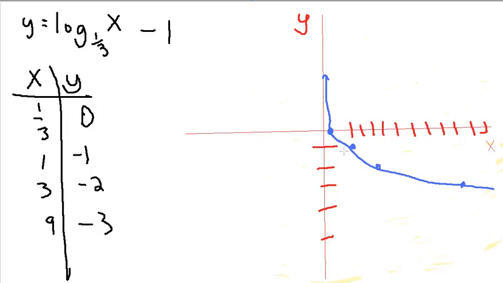Your range is how low will it go and how high will it go. Well, this will go down. Notice the graph goes down here and it goes on forever. So it'll continue going forever. And going up, it'll continue going up forever. So your range will